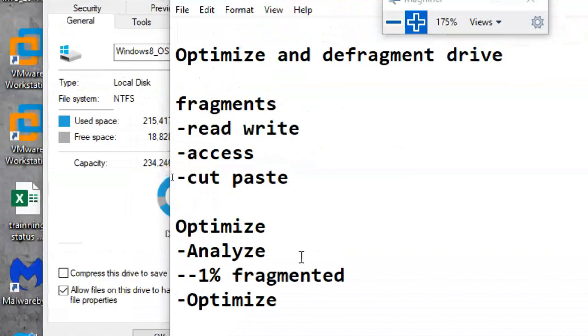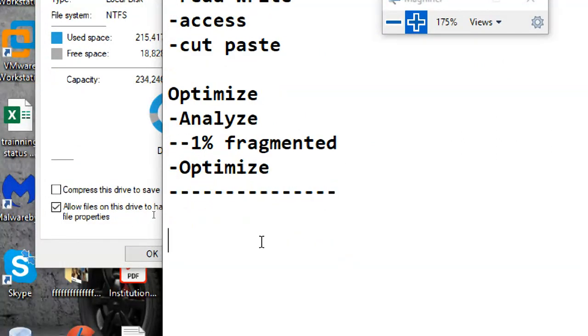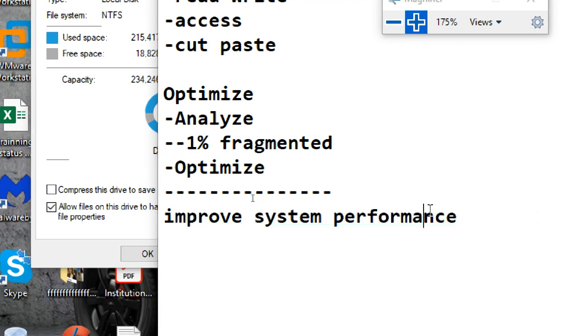So this is optimizing to get a better experience. How to improve system performance? This is your question: how to improve the system performance.